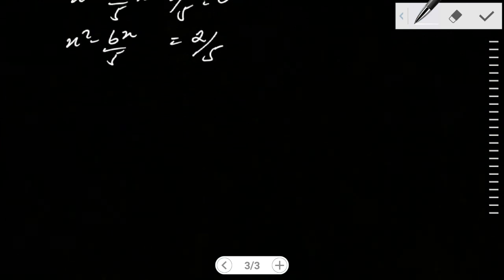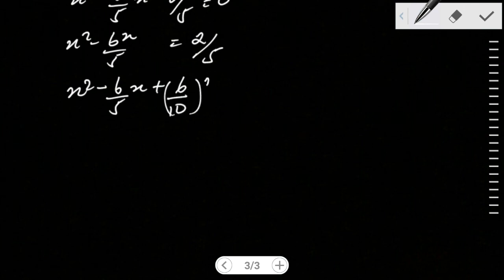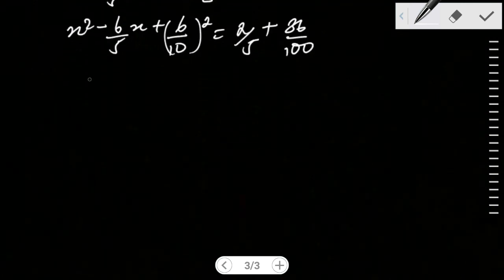And so this would be x squared minus 6 divided by 5 x plus 6 divided by 10, but this would be squared, equals to 2 over 5 plus 36 divided by 100. And so this would be x minus 6 out of 10 squared,